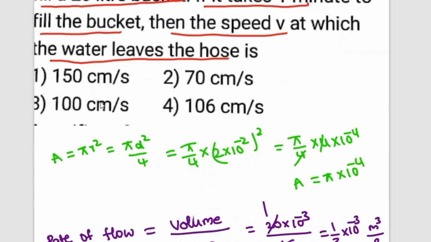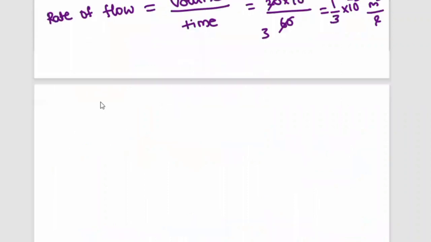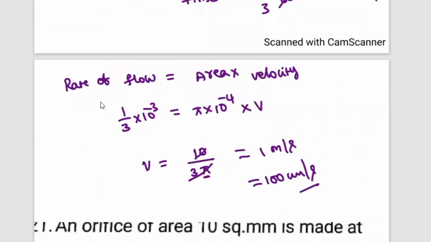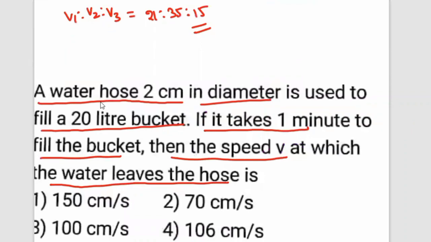So actually here, if you solve for the exact value, that is not 100 centimeter per second. Actually, I did it roughly. So you are going to get 10 divided by 3 pi, which is 1.06 meter per second. The value 100 is not there, which means you can go roughly, but one more close option was also there. So 1.06 meter per second. Then if you calculate, we are going to get 106 centimeter per second. So option 4 is correct.